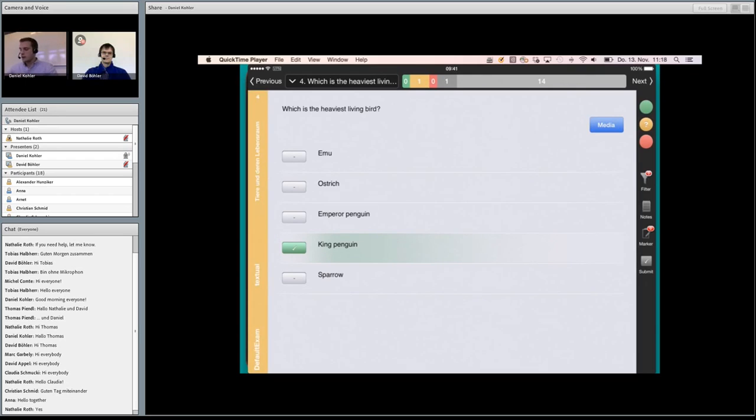So right now, as I said, I'm not really sure about the question, and I indicate that by pressing the orange button. And what you may have seen is that on the top bar, there is some change in this progress bar. There is now an orange area which went a little bigger, and there's a 1 in there.